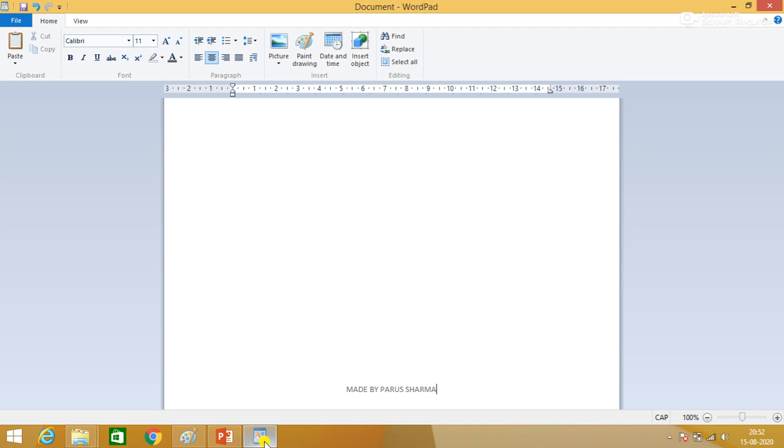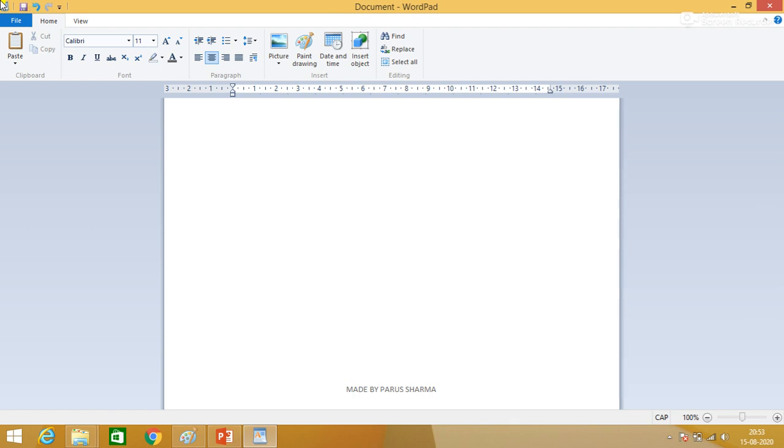Window means the frame which is given in the application program; it is called the program window or application window. At the top you can see the name of the window, like WordPad. This is the name of the application window which appears on the title bar. At the right side of the title bar there are three window control buttons. The red cross button is called the close button, the center button is called the maximize button, and the dash button is called the minimize button.